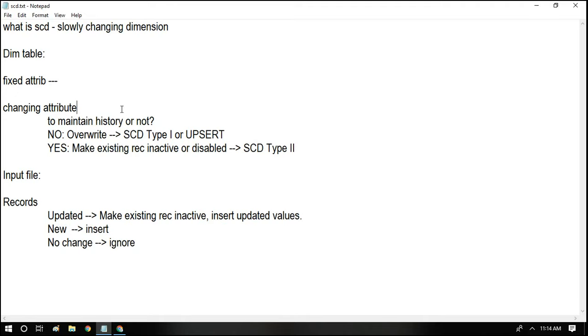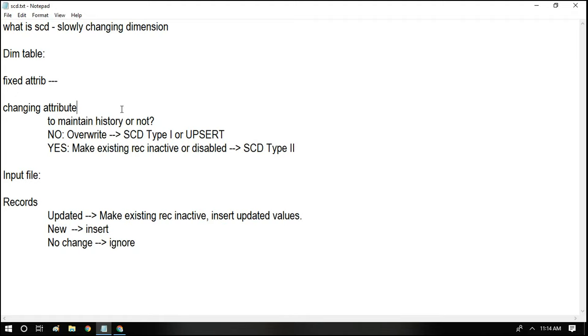For example, the department which we belong to in a particular company. This year I might be belonging to an insurance department, and next year I might be moved to a different project which comes under a retail department. So there might be some columns in a dimension table which could change in the course of time, but it will not be frequently changing. In a real-time situation, if we work for a company, we will be working in a project at least for 3 or 4 months, so we will not be frequently changing projects most of the time.